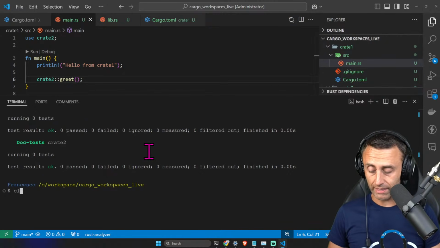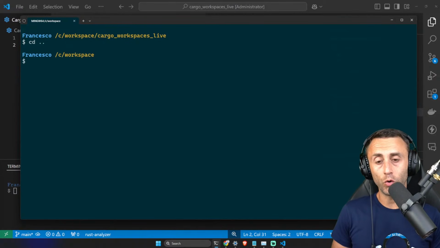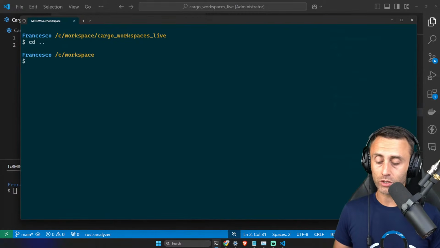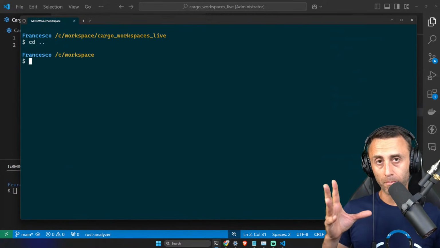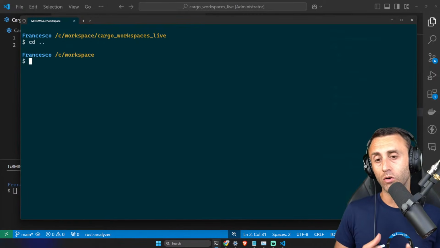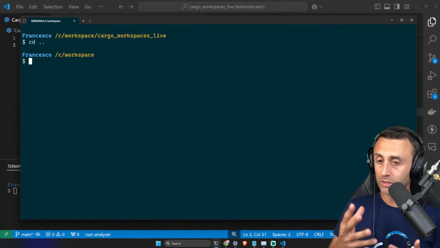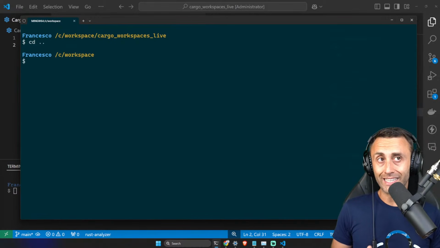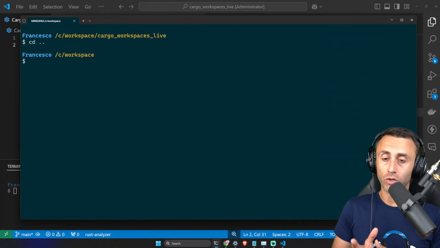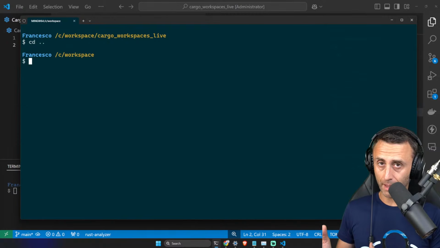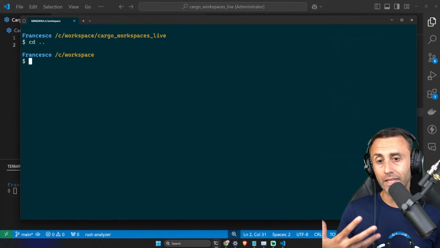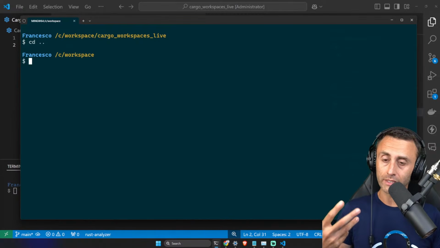I really like that. Something else I want to show you is the cargo install command. With the cargo install command, we can install binaries globally on our machine and then use them directly on this machine. For example, there is a package called ripgrep. We created a similar version of it, but now let's say that I want to install this ripgrep